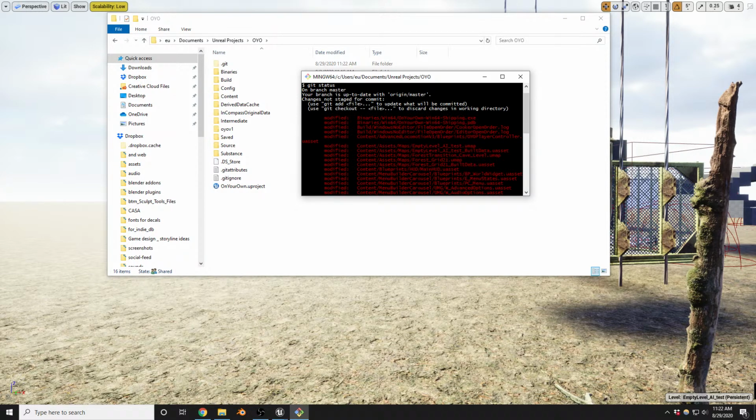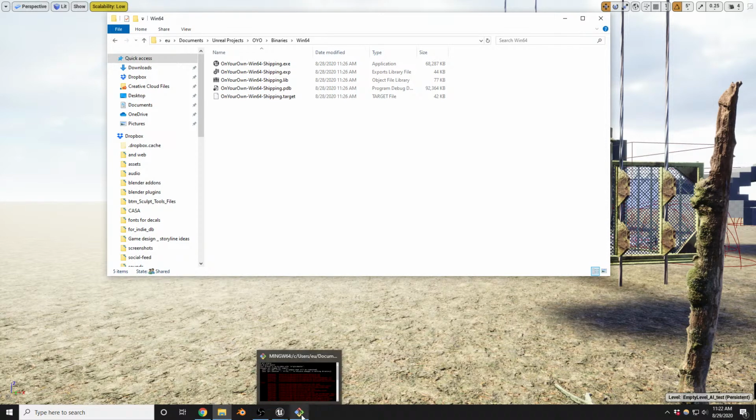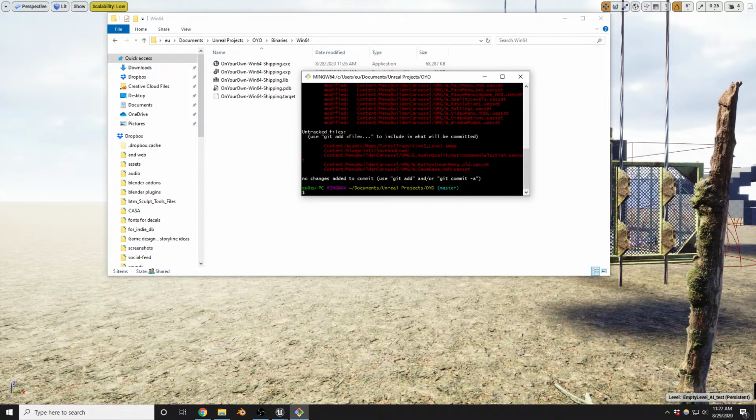The only thing that you need to be careful with is sometimes these binaries tend to be quite large. For now they're fine, but if they go over 100 megabytes, you won't be able to push them. So I'm just going to add them all